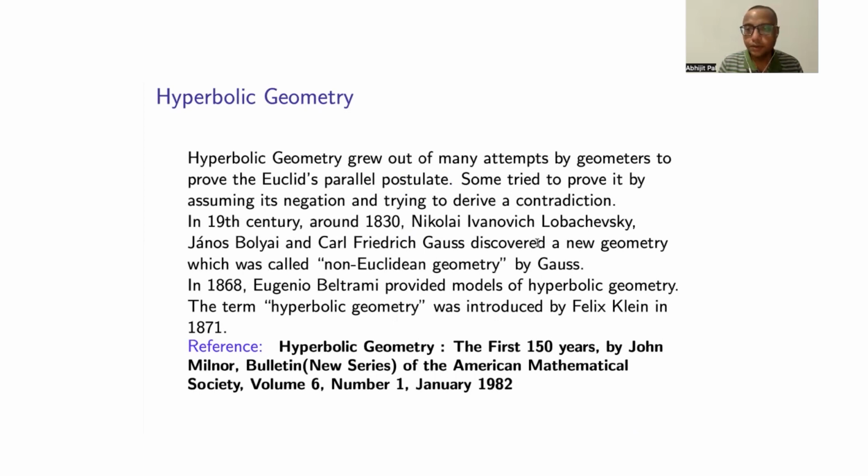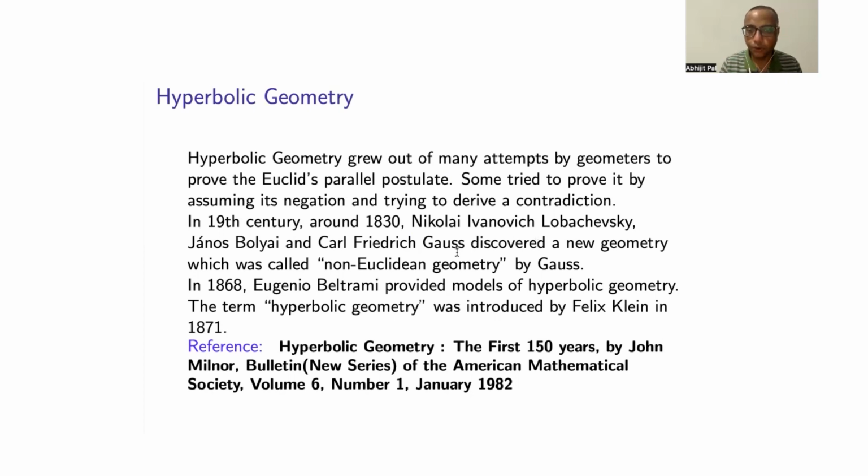Some geometers tried to prove it by assuming the negation of the parallel postulate and tried to arrive at a contradiction. So in the 19th century, around 1830, Lobachevsky, Bolyai, and Gauss discovered a new geometry, which was